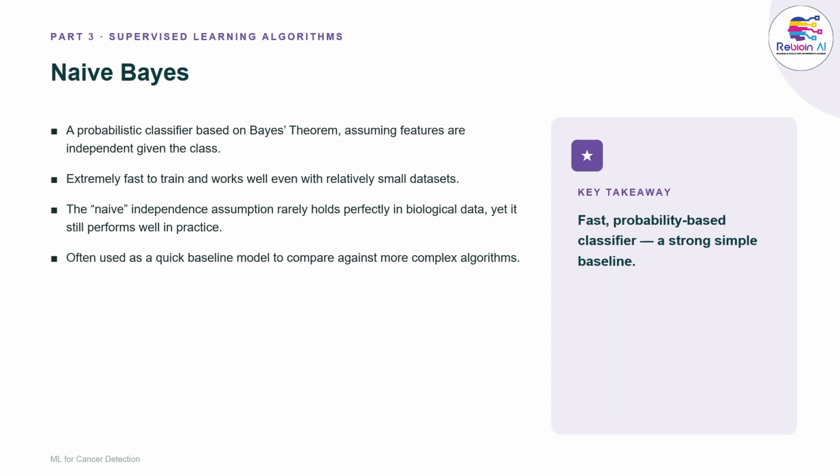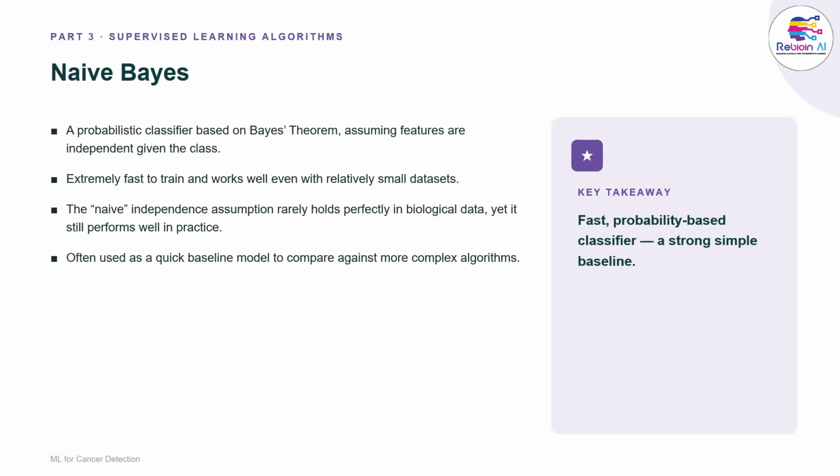It's called naive because it assumes all features are independent of one another given the class. That is rarely perfectly true, since cell size and perimeter are obviously related. But even with that